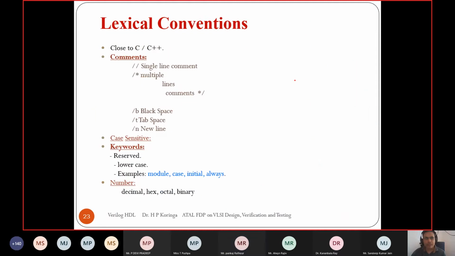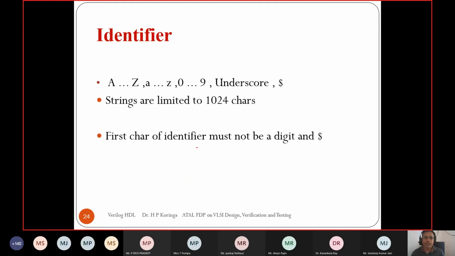So let's see some lexical conventions. It is similar to C language, and comments and everything else are similar to C. One thing to note: Verilog is a case sensitive language. Most of the reserved keywords are in lower case. It supports four types of number systems: decimal, hex, octal, and binary.